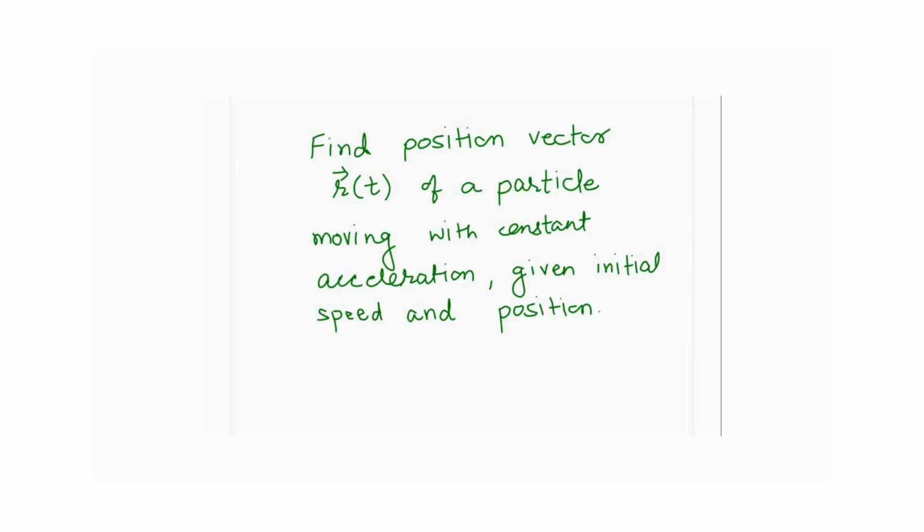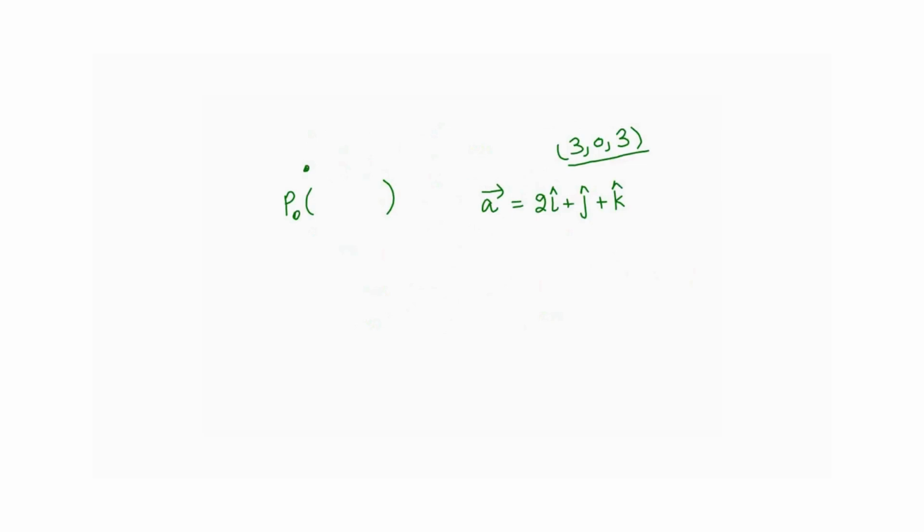In this video, we'll talk about how to find the position vector of a particle moving along a straight line between 2 points with a constant acceleration when its initial speed and position are given. So let's start. We have this particle at the point P0 whose coordinates are 1, -1 and 2 at